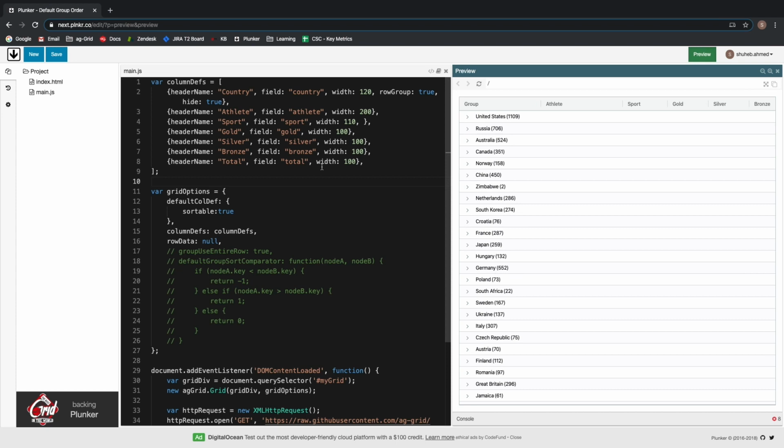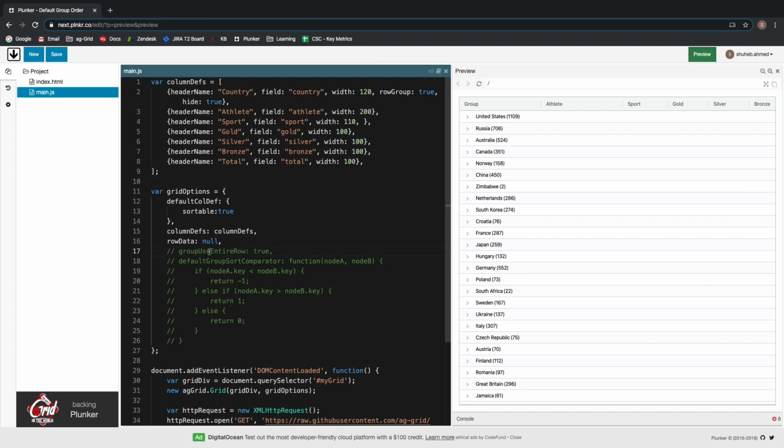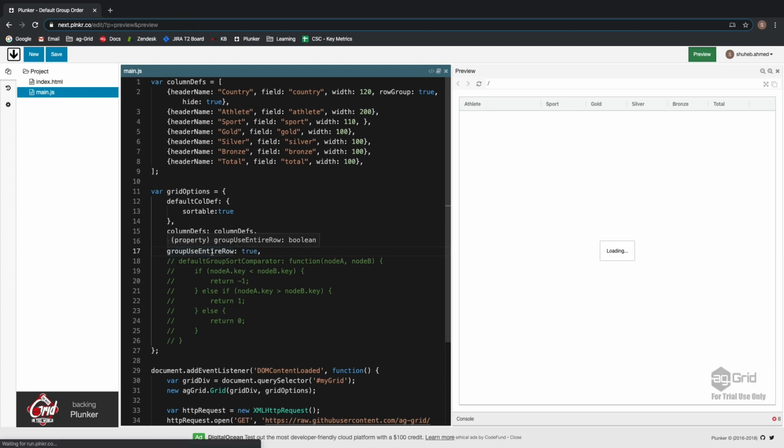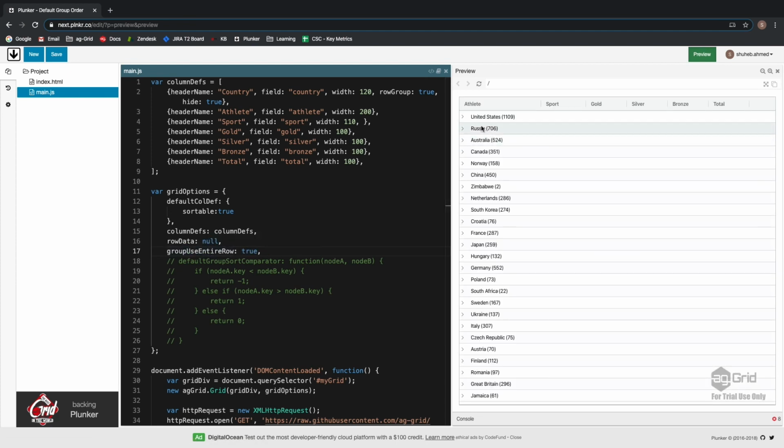For example, if I'm using full width group rows. This is because there are no columns associated with the groups to order them. So if we have a closer look at this, and I enable full width group rows by adding the property groupUseEntireRow in the grid options. Now we can see that the full width group rows are enabled, but there are no columns associated with the